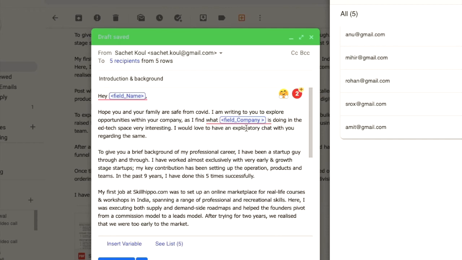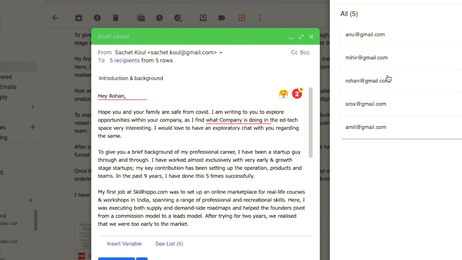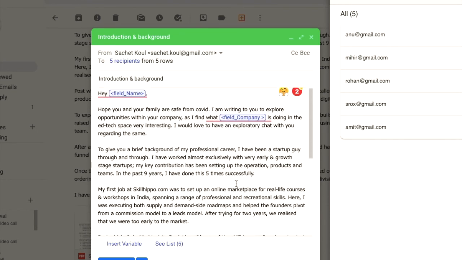Next you can also insert the company variable, so it'll start giving you the company variables also. Right. So once this is ready, you can hit send and it'll go.